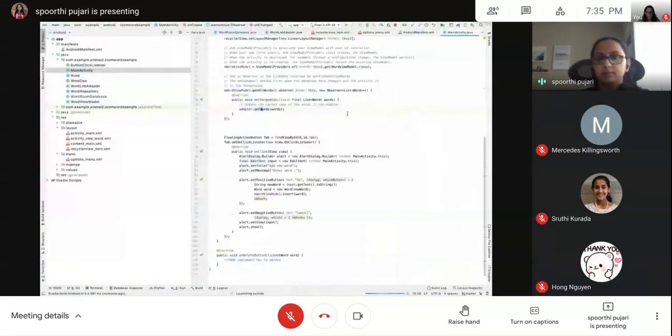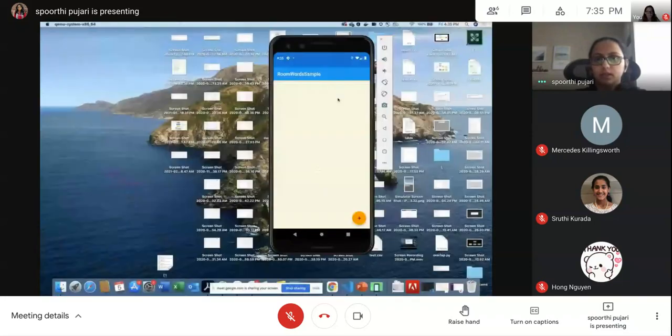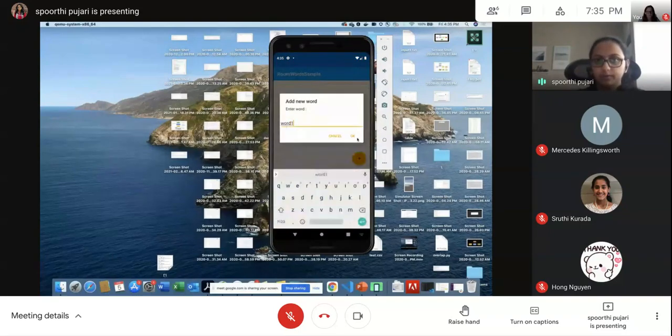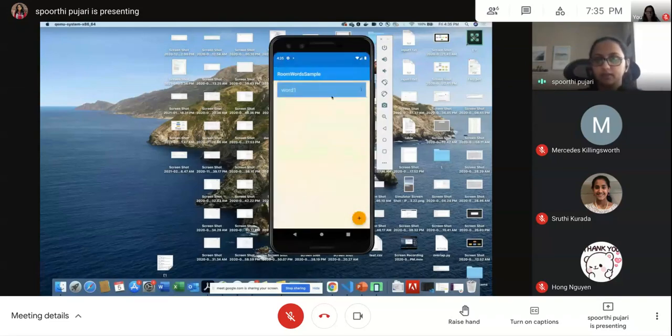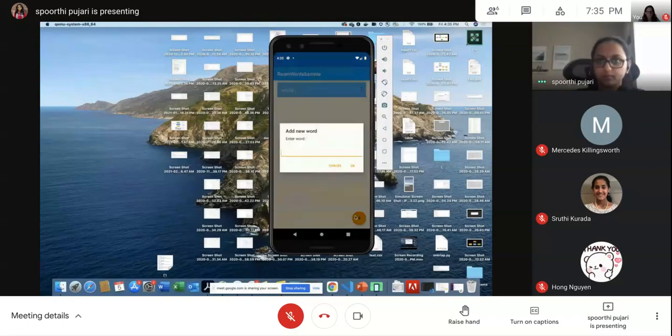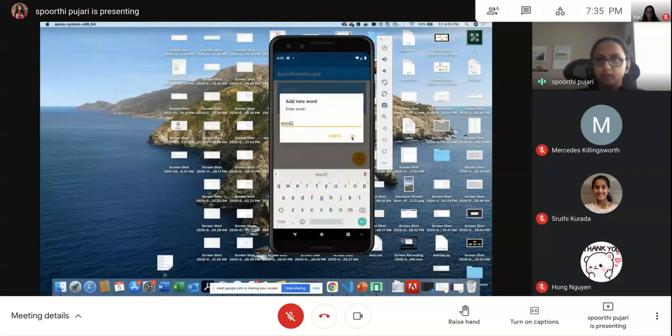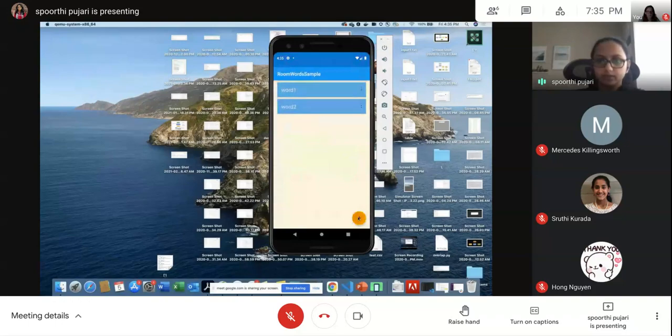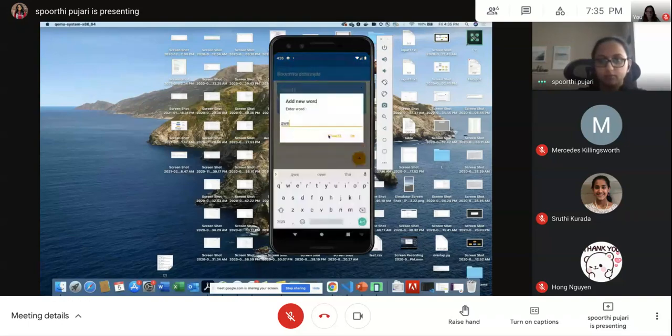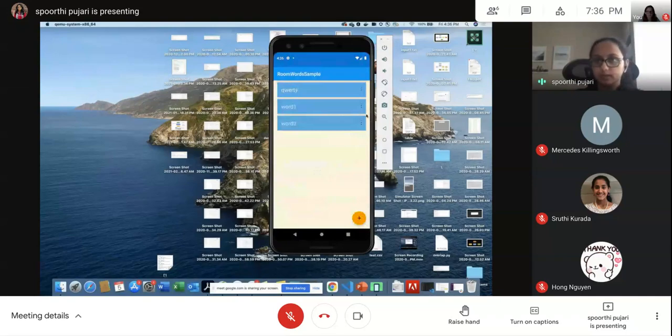The app launched and I have this list which doesn't have any words in it, so it's not showing anything. Now I'll click this button and insert a word. Great, we have this word here. Let's insert another word. Okay, now let's see if our conflict strategy works. I'll try to insert word 2 again. Okay, it didn't insert it, so that works. So all our word insertion is working perfectly fine.